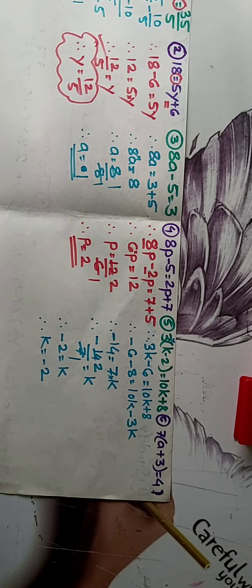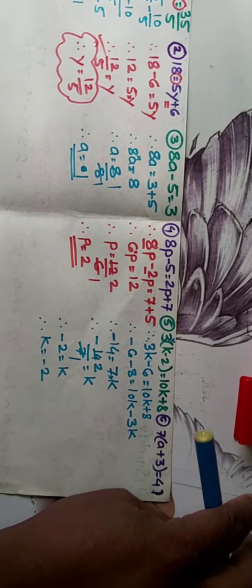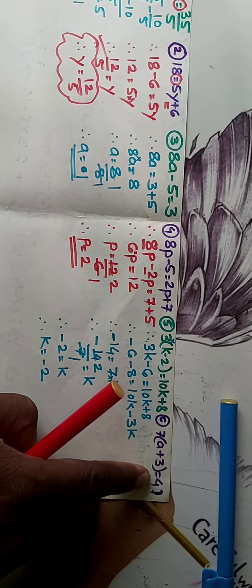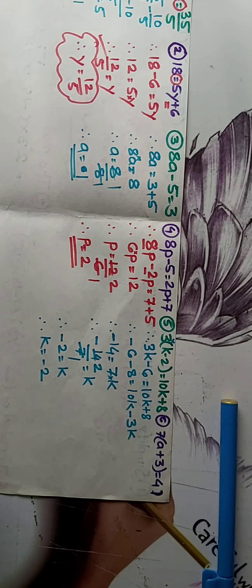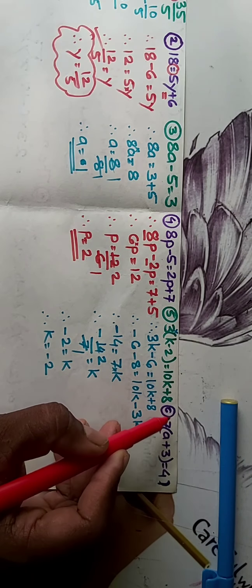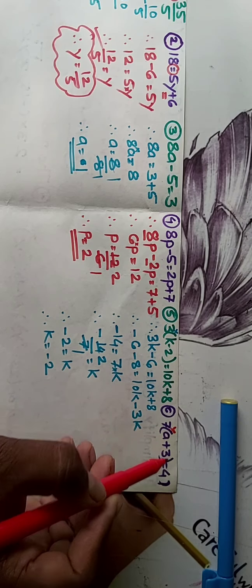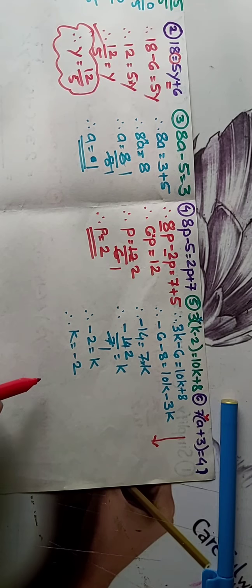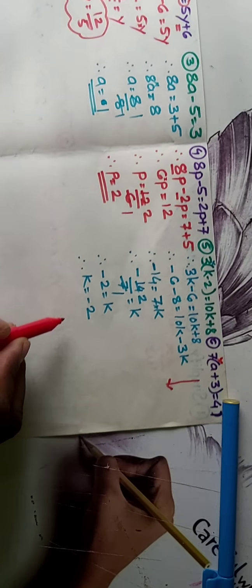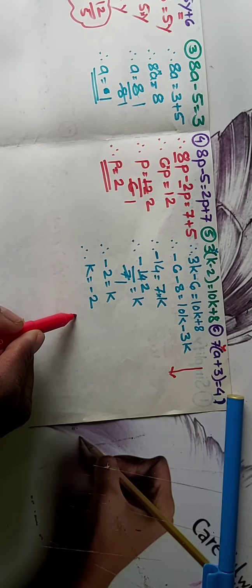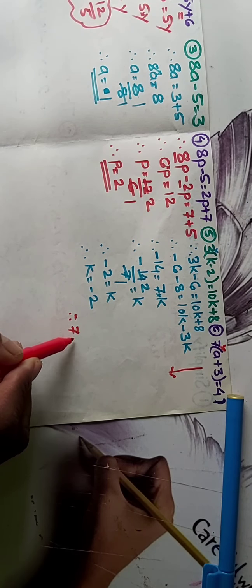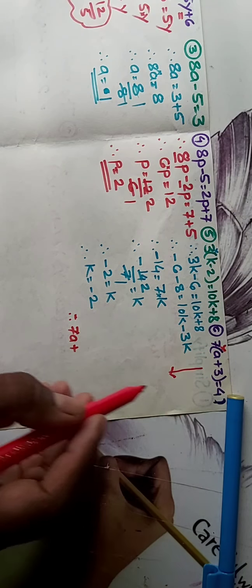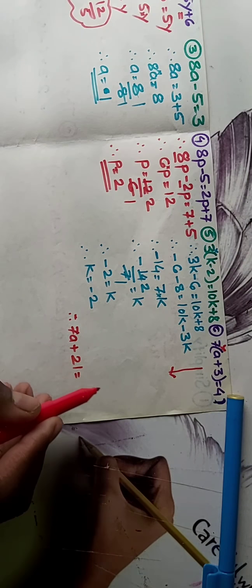Okay, now this last one, 7 into bracket a plus 3 is equal to 41. Now here bracket means, as I told you, here to multiply each term in the bracket. So we'll solve this downside here. So now 7 multiplied by a, therefore it is equal to 7a, and plus sign 7 3s are 21 is equal to